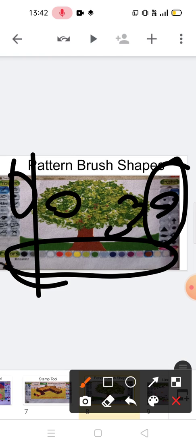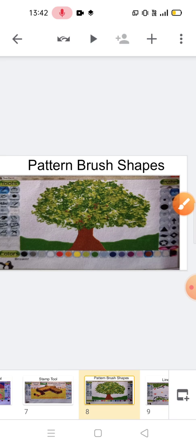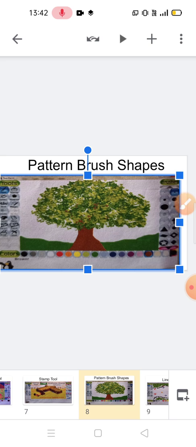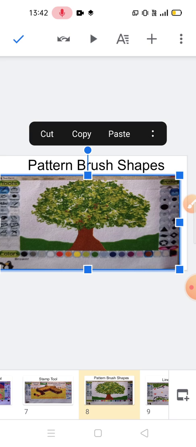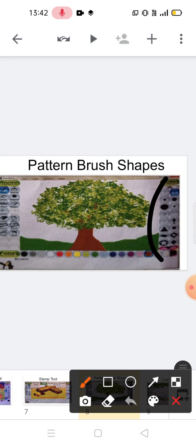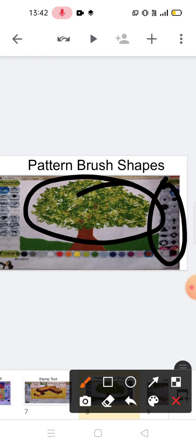Similarly, select other brush shapes from there. See how many different patterns you can draw. Look, there are so many different patterns. You can choose your own and make a beautiful pattern brush shape.